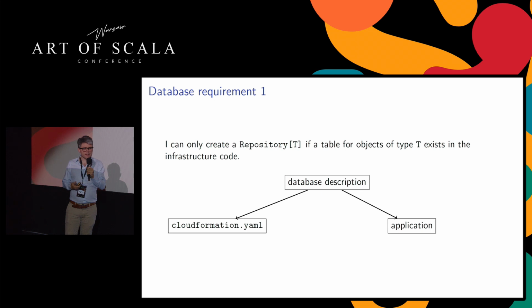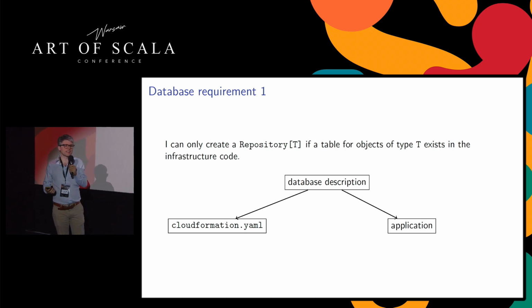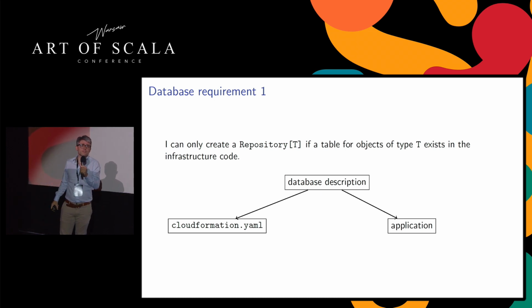And the idea is, if we can generate the CloudFormation template in Scala from this database representation, then we know exactly what is there. And then if we implement our build pipeline in such a way that the template is always deployed before the application, then we, in fact, also know what will be on the server when the application arrives there. So I think this might work.